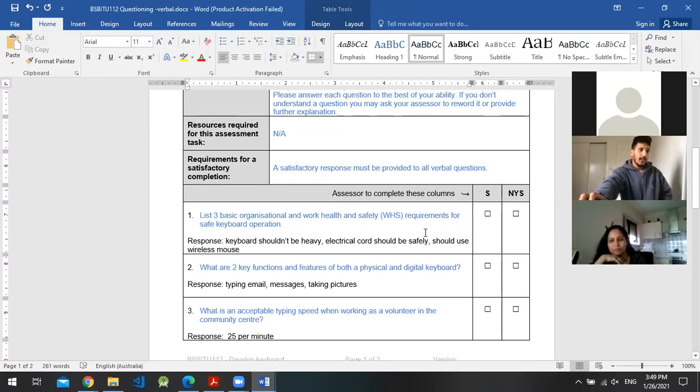The 3 basic organization work health and safety requirements. There is a wide range of possible answers. So keyboard shouldn't be heavy, electric cord should be safely secured, should use wireless mouse. Which is all right.